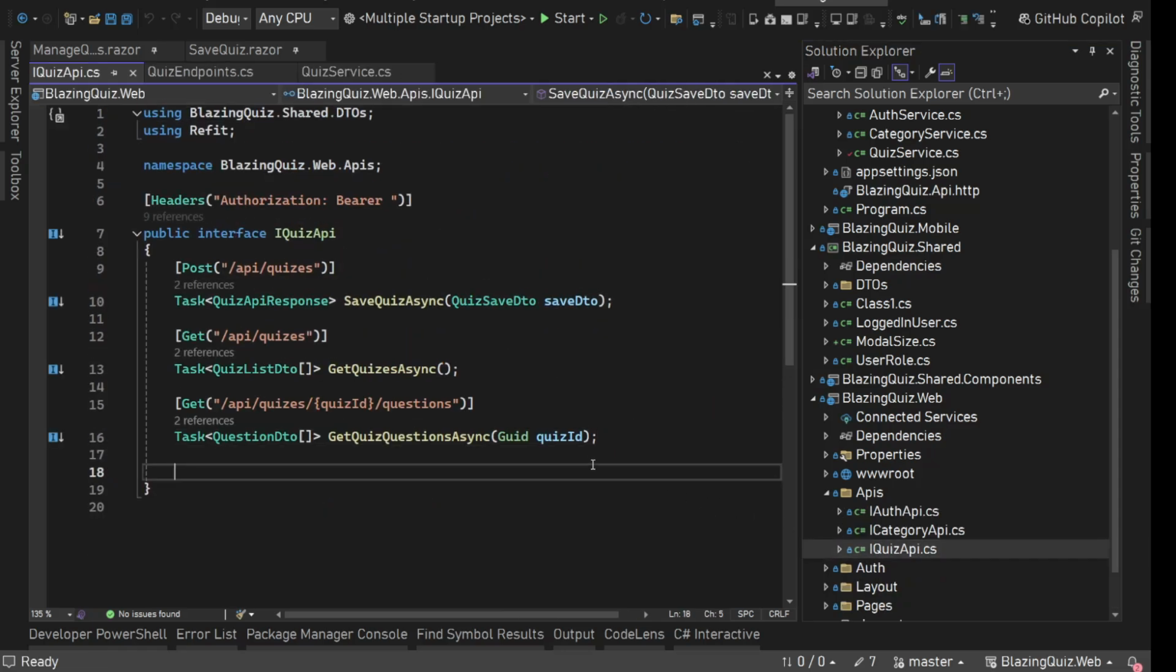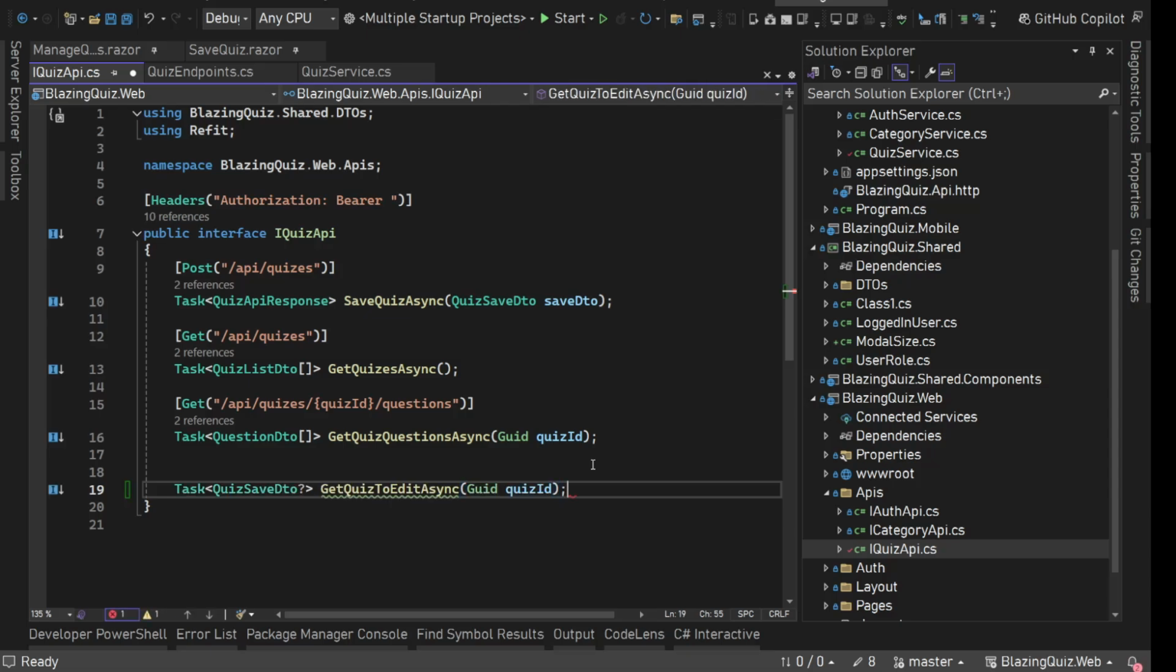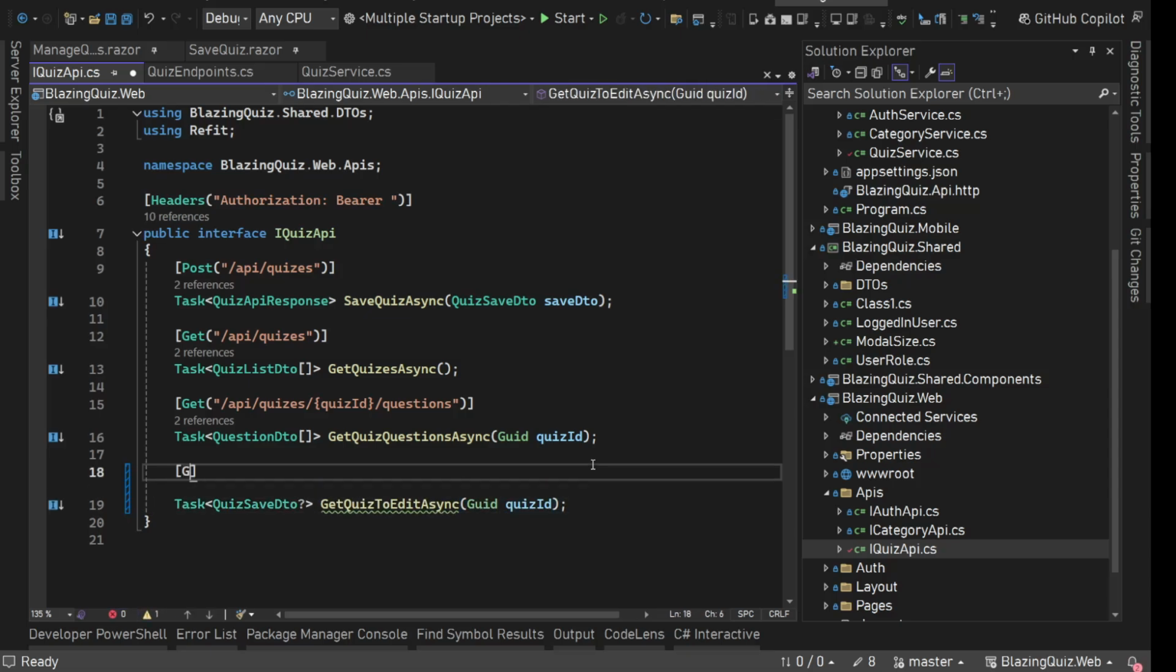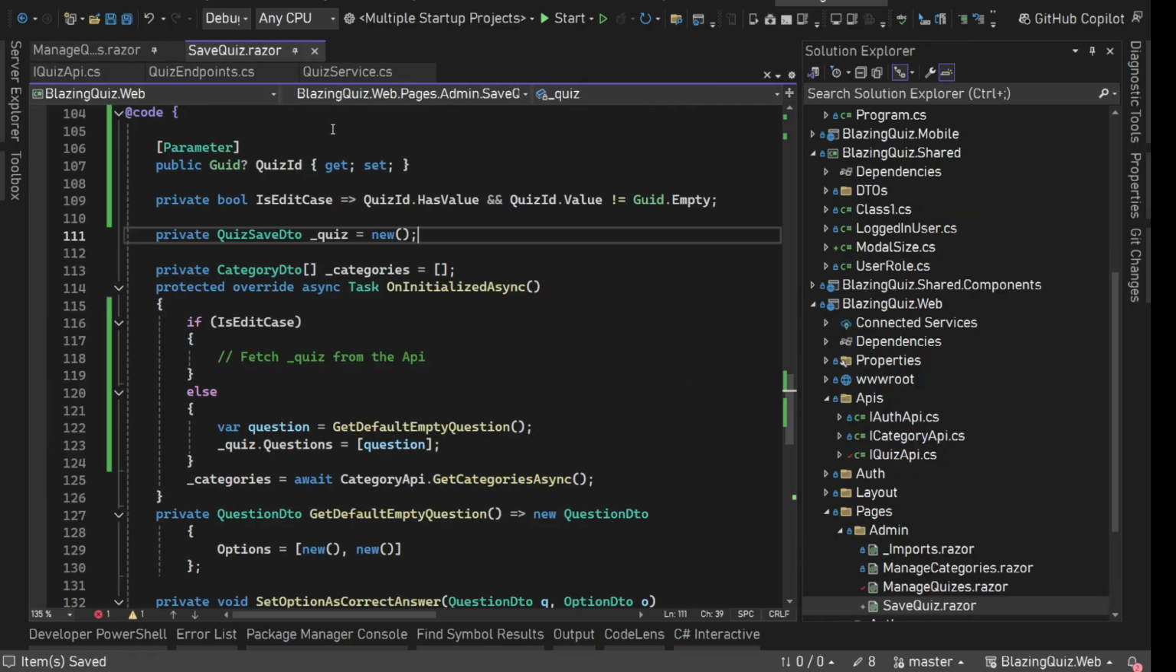Here we'll define that. We already copied the signature. We have this. Then we'll have get. Inside this we are going to have API slash quizzes slash quiz ID. Now our API endpoint is also ready. Now we are good. Now we'll go to save quiz, and here we can try to fetch it from the